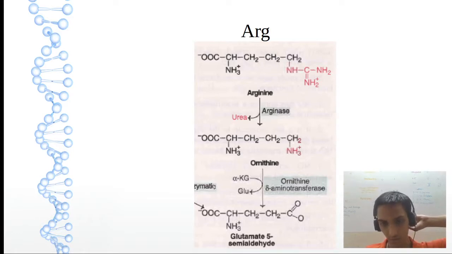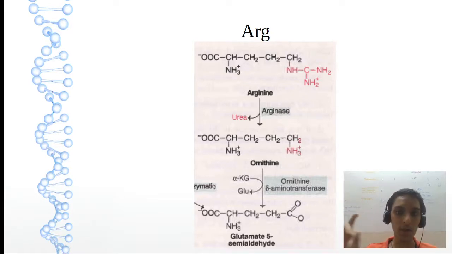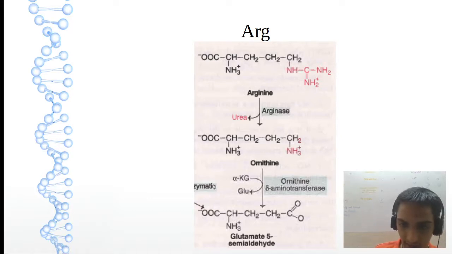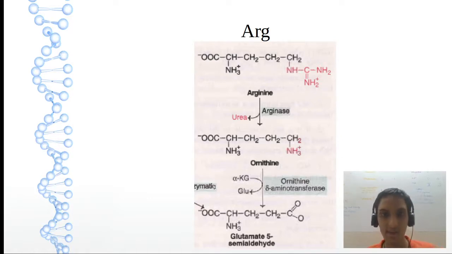Okay? We'll get the same from proline. So proline on oxidation will become pyrroline 5 carboxylate. That on non-enzymatic reactions will get glutamate 5 semialdehyde. So very easy. Just remember the last step of the urea cycle, and we got ornithine there. Now just add a transaminase enzyme to ornithine. You will get glutamate 5 semialdehyde.